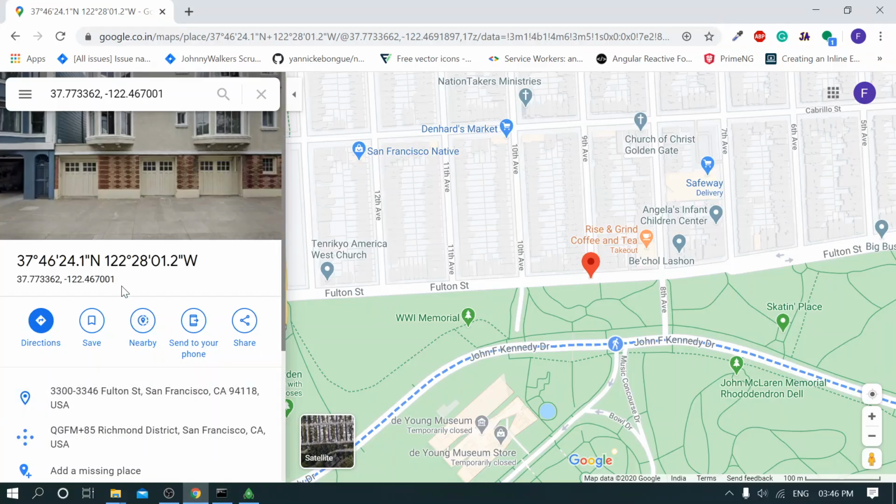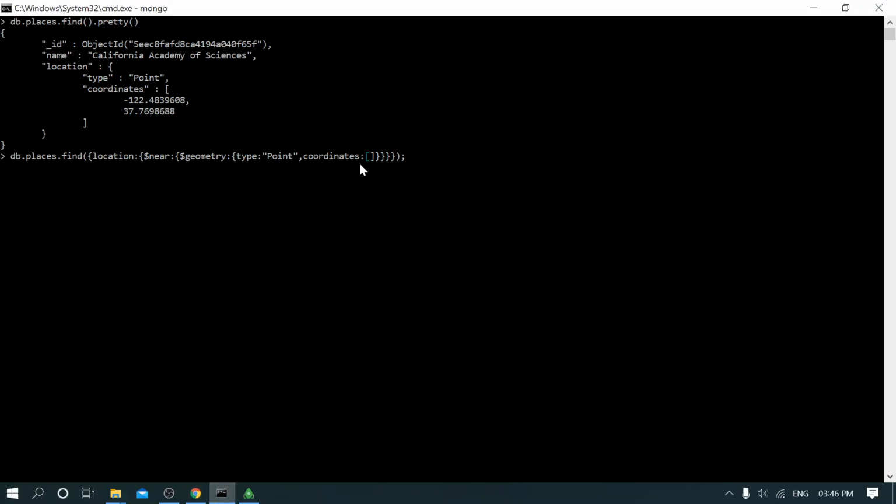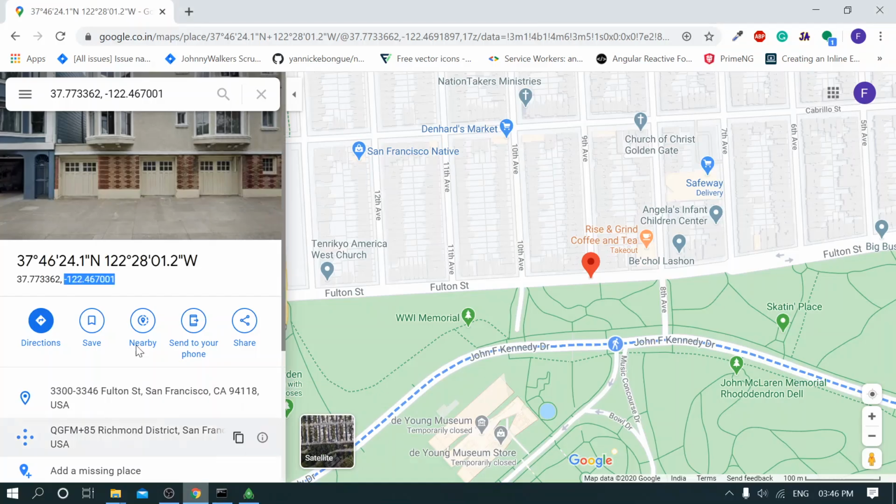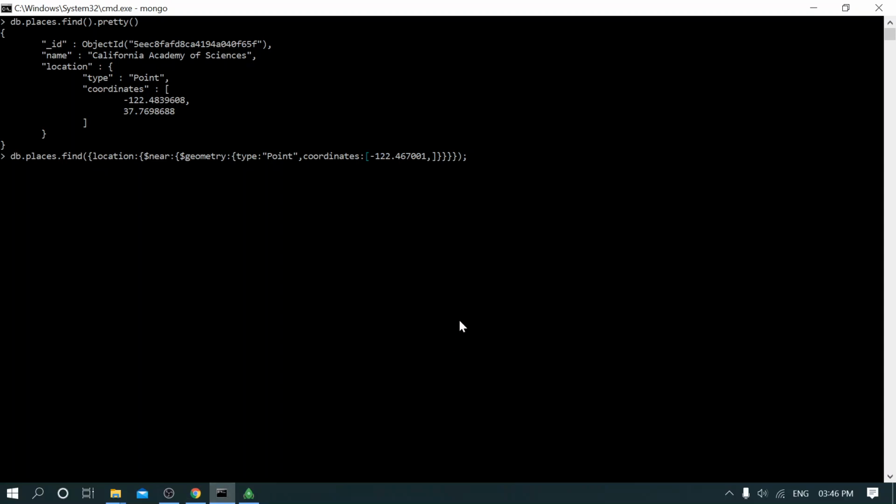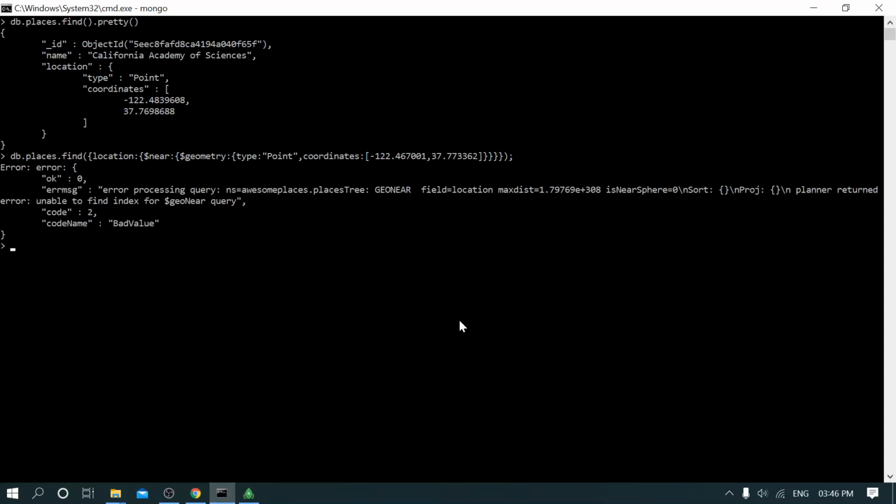What is the longitude for this place? This is the longitude. We need to take this, and you need to remember this: in MongoDB we have to give the longitude first, and after that the latitude. Now see, it is throwing an error saying unable to find index for GeoNear